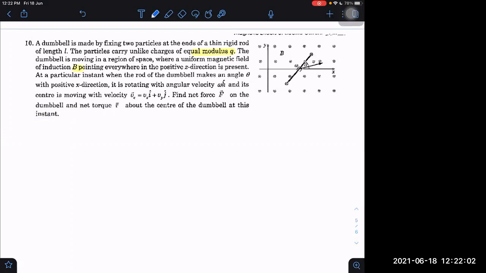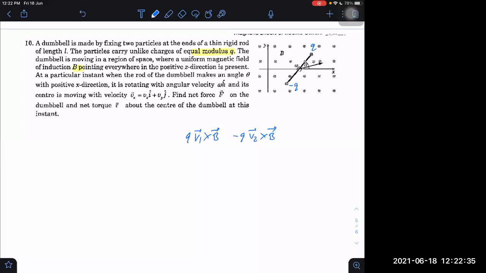How to do? What is the charge on this? Minus q, and what is on that? Plus Q. Sir, is it translating or is it rotating? Both, sir. Translating plus rotating. Yes, sir. Then the force will be q v1 cross B plus, because the other is negative, minus q v2 cross B. This is the net force.